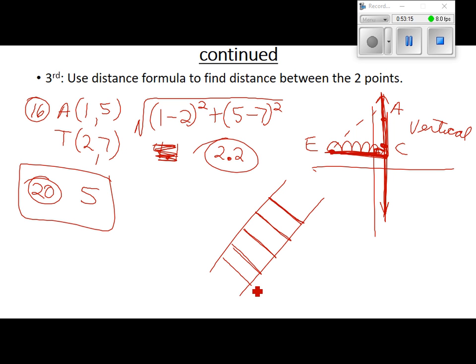Kelsey's back here all worried about her spelling. Don't worry about it. If it looks anything like equidistant, I'll be fine with it, Kelsey. If it looks like this, then I'll probably mark it wrong. But if it looks like equidistant,